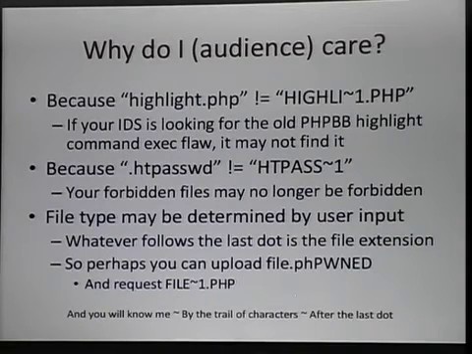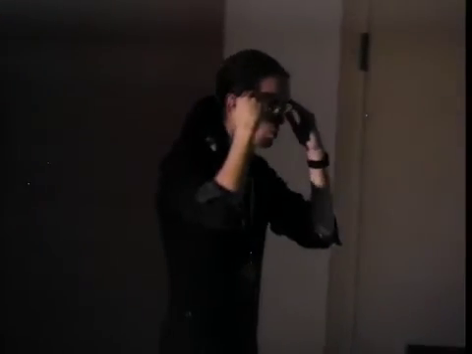So why do you care? Because let's say your IDS is looking for the old PHP-BB remote command execution in highlight.php, and it's looking for highlight.php specifically as a part of what's bad. But it's on the network, and we're not expecting it to actually go and check the file system of what it's supposed to be protecting, so we use the 8.3 alias for it. Goes right by. Maybe. I haven't confirmed this on any particular thing, but